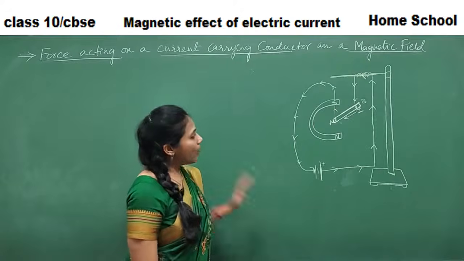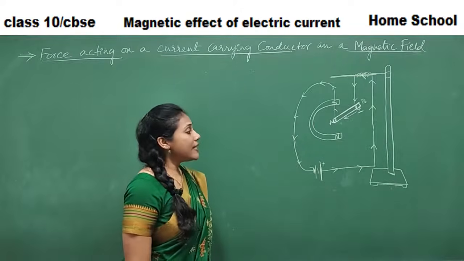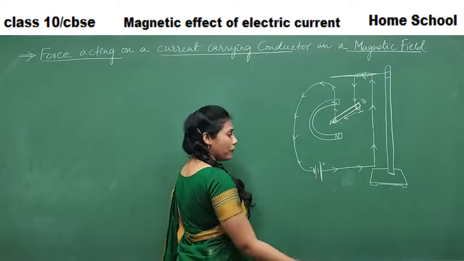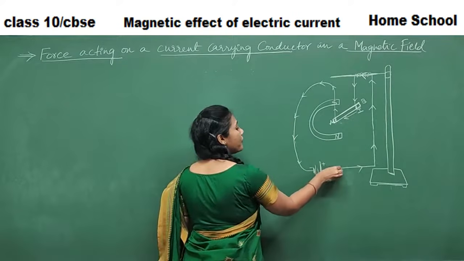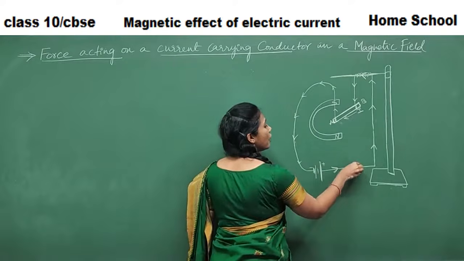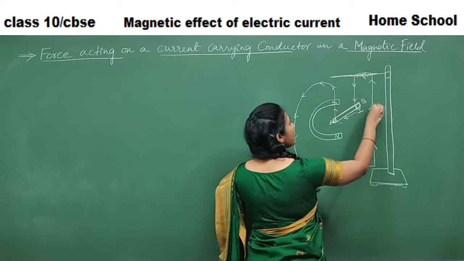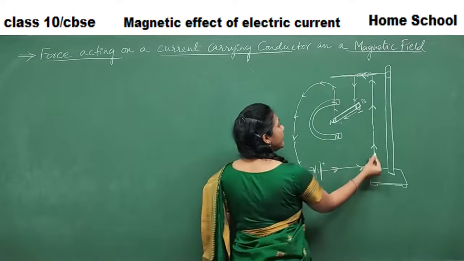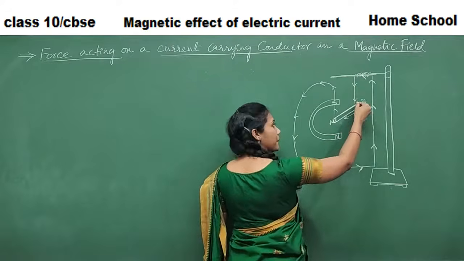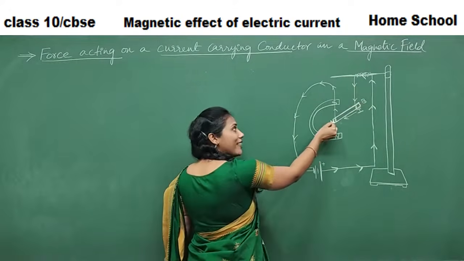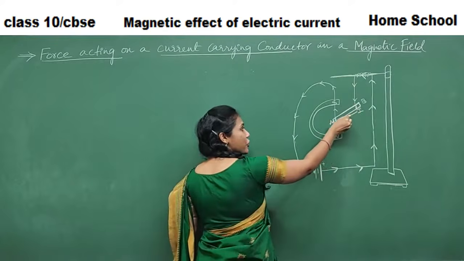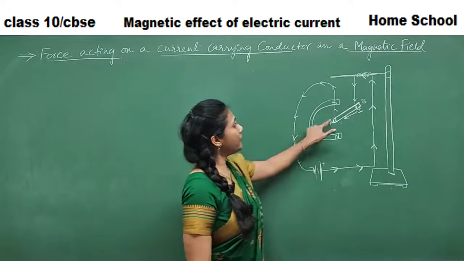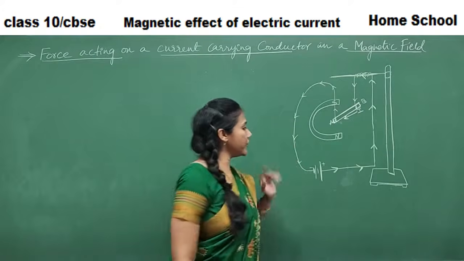Okay. So now what I will do, I will switch on. Say, in which direction does the current move? Definitely from the positive end of the battery. See the arrow marks I have placed all over. You can observe the arrow marks. These arrow marks are the direction of current. Say current will flow from the positive end, it will go up and reach end B, and from end B it will reach end A. So here what is the direction of current, guys, across the rod? From B to A, right? And again from A it is coming back, reaching the negative terminal.